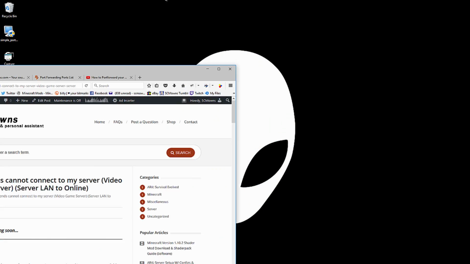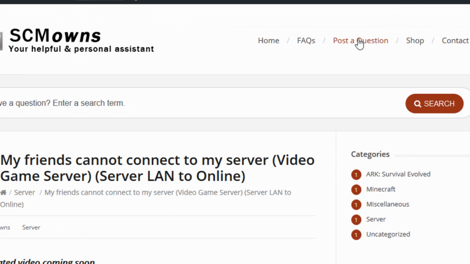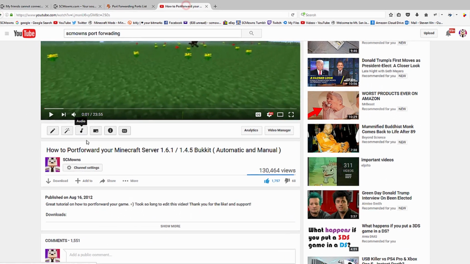Since I released my website, which was right here, I noticed that I allowed people to post free questions, and the majority of the questions that I've been receiving was, my friend cannot connect to my server. What is going on? How do I switch my server from LAN to online? Well, I didn't really discuss this with a lot of people, but you have to port forward, and no one